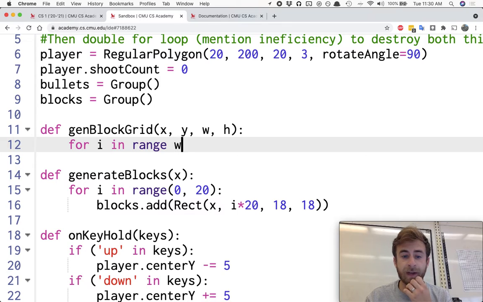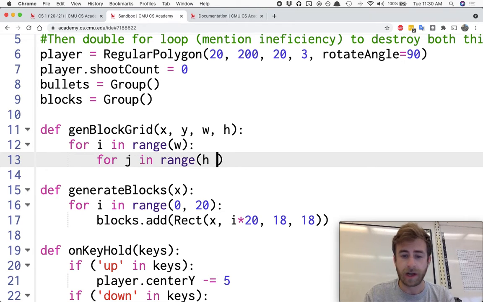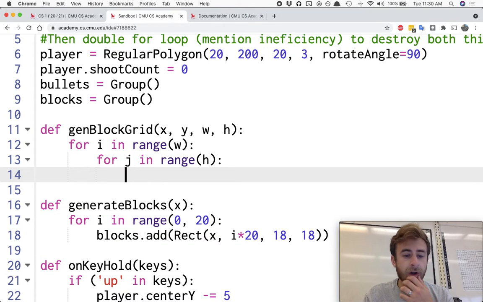So for i in range(w). Because I'm just putting a single w, it'll start from 0 to w, not including w, but since we start at 0, you get that number of columns. So for i in range(w), and then I'll say for j in range(height), we are going to say blocks.add and a rectangle at